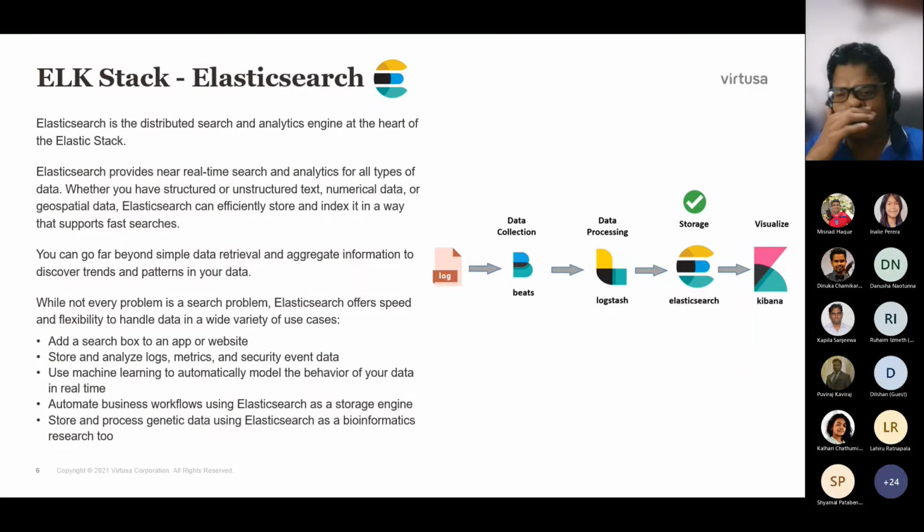We search for one thing, and next time when you log in, it will give us so many options, and sometimes you didn't even think to buy that, but you are tempted to buy it because it just pops up, without waiting for you to search. That kind of capability we have with Elasticsearch.